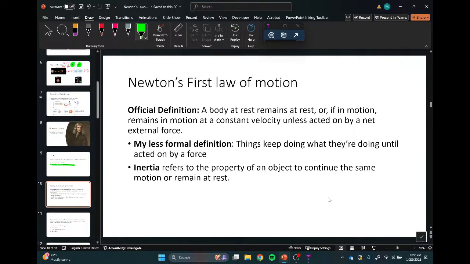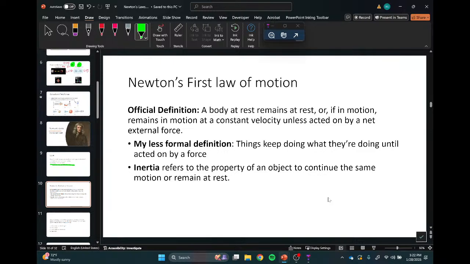It can't be something inside the system. If there was like a little rabbit in here and it was running in a circle, that would make the thing spin, but it's not going to make it change direction. So it has to be something outside of it affecting it. If you are in space, well, there is a caveat to this. If you're in space, no amount of wiggling around is going to make you move in any direction. But we are going to find if you throw something, that will make you start moving the opposite direction, and we'll see why that is. So there's a little caveat here.